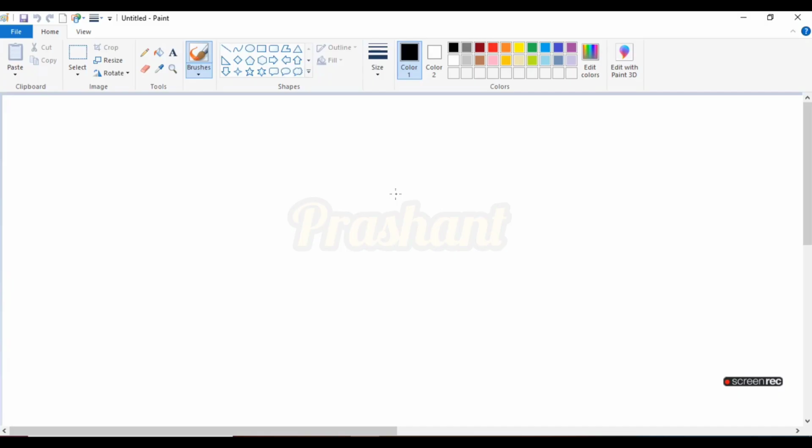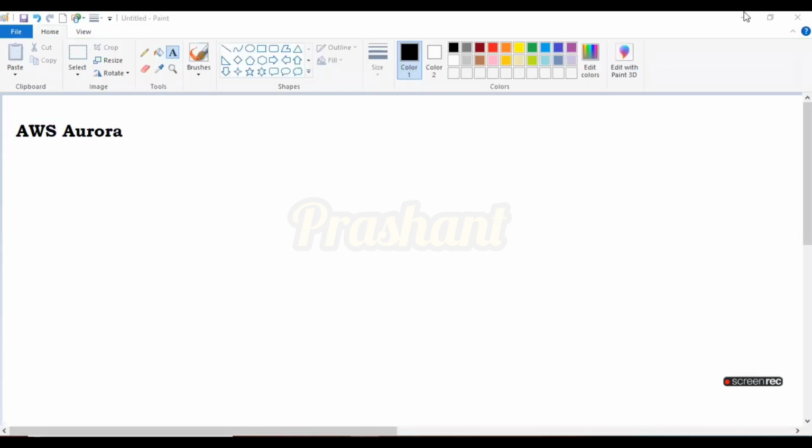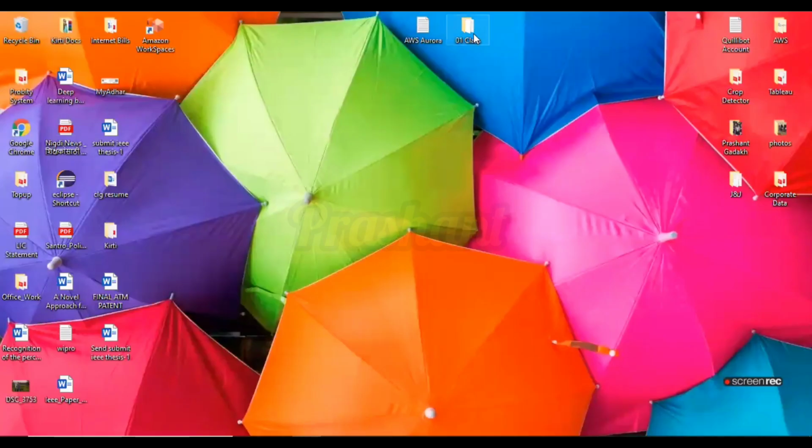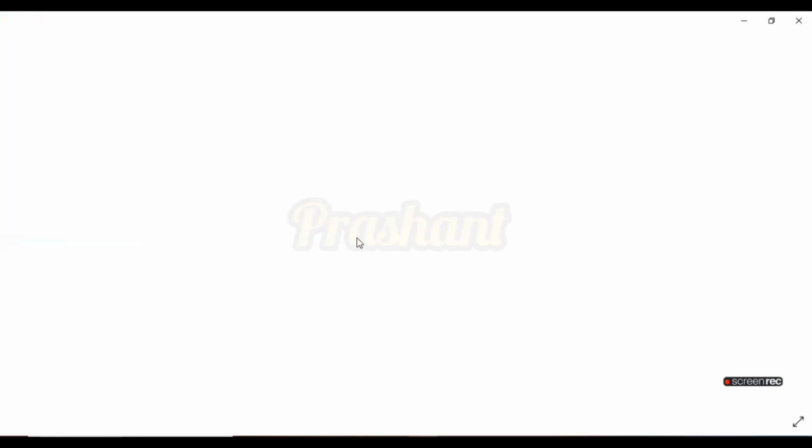In this session, we are going to focus on one more important topic, which is called AWS Aurora. So what is AWS Aurora? Before starting with AWS Aurora, I want to show you the previous diagram which we learned related to the RDS. So in the RDS, if you focus,